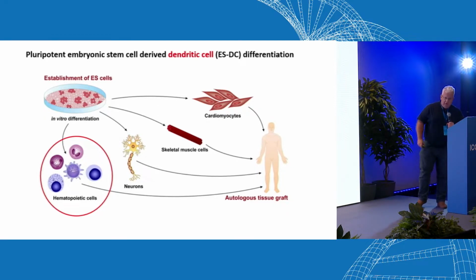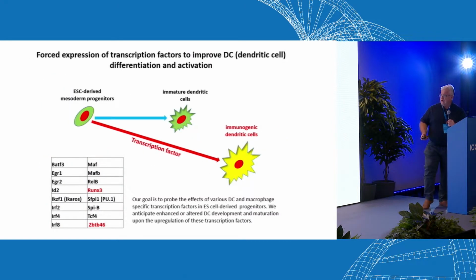So we use the stem cell differentiation system. In our laboratory, we are interested in generating immune cells and blood cells from pluripotent embryonic stem cells, because these immune cells, especially the dendritic cells or lymphocytes, may in the future be used for immunotherapy. But to accelerate this differentiation process, we probed various transcription factors to facilitate and to improve the immunogenicity of these cells. So we tested a bunch of transcription factors, and especially we found that Runx3 and Zbtb46